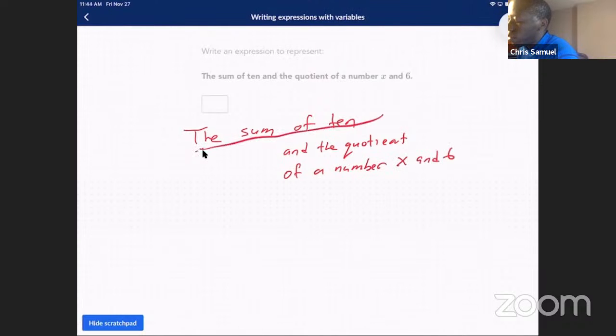So the sum of 10 would basically be like 10 equals something. And the quotient